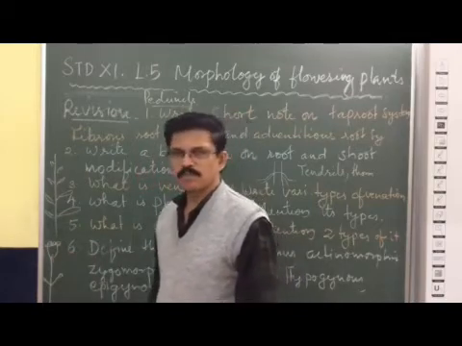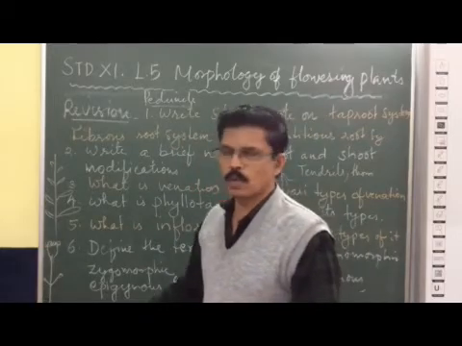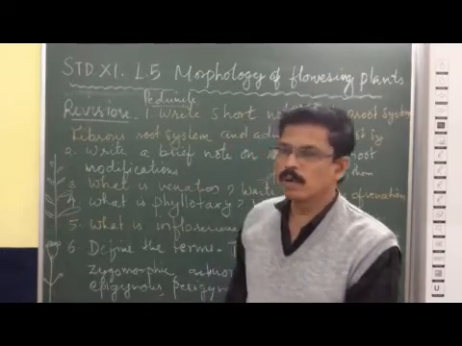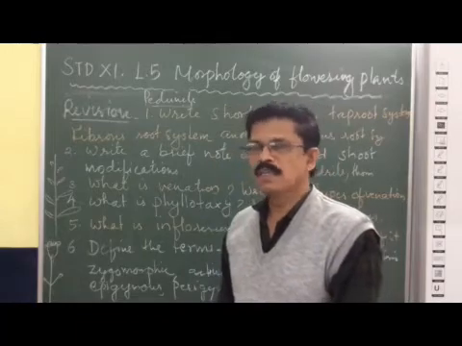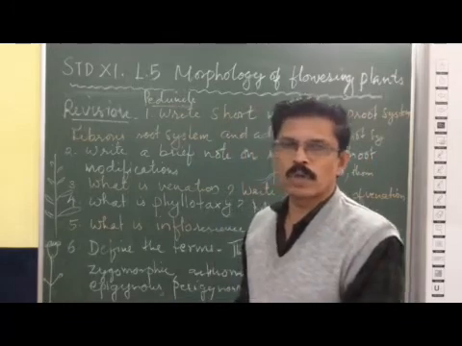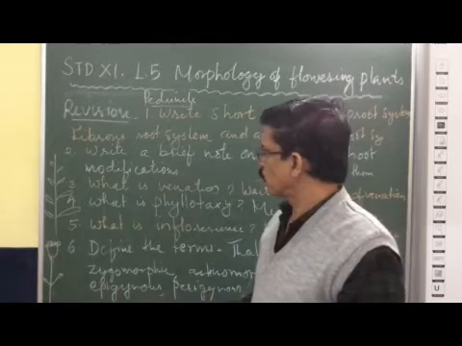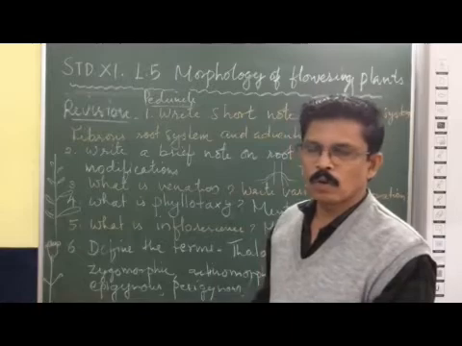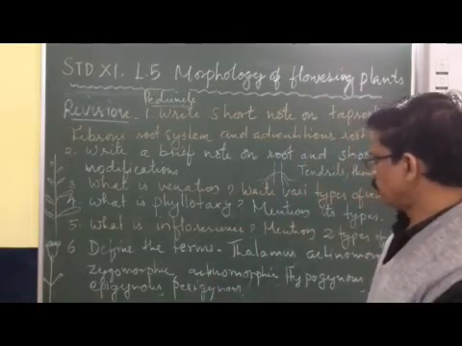So what is cymose inflorescence? It is an inflorescence in which the peduncle stops growth with an old flower, and the young flowers are borne at the base of this old flower. Such an arrangement is called basipetal succession. So inflorescence is a bunch of flowers on a common stalk called the peduncle. In racemose, the peduncle grows indefinitely, whereas in cymose, the peduncle stops its growth with an old flower.